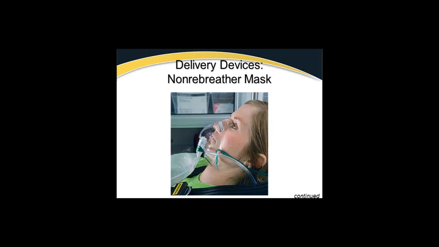There's a good table on page 229 in your text that discusses some of these different devices, their typical flow rate, their oxygen concentration, or what we call an FiO2, which is fraction of inspired oxygen, and then some general notes on it. The non-rebreather is typically run at about 12 to 15 liters per minute. You can dip down about as far as 10 and still be pretty safe. And it'll give you 80 to 90% oxygen, even sometimes upwards to 95%, depending on how well you fit it